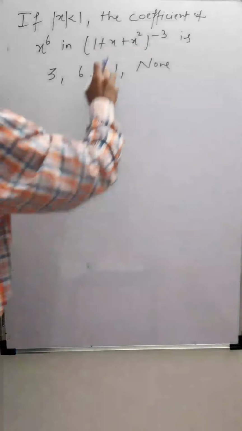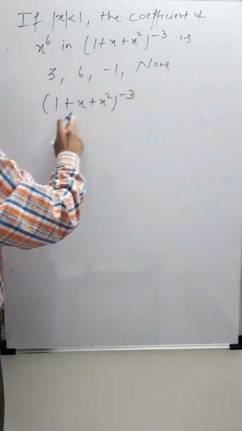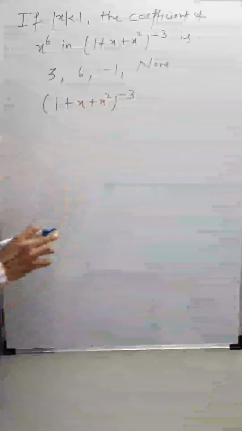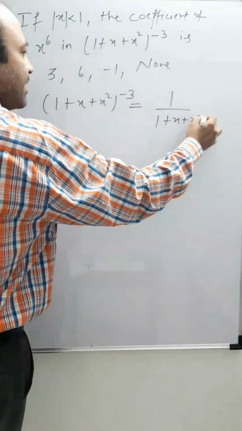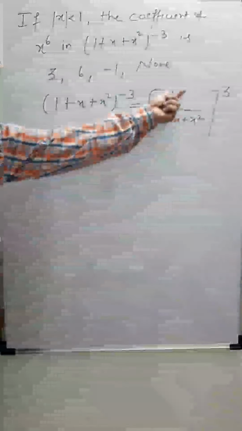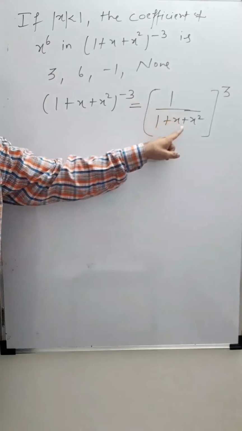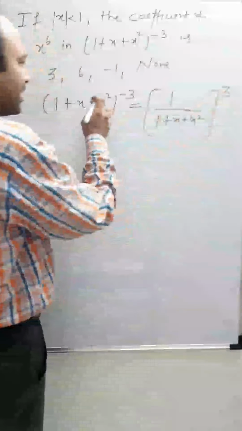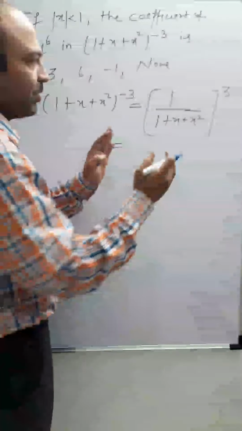Idea. So look at this expansion, (1 plus x square) to the power minus 3. Now see, there is no dot dot. It's not an infininomial, but the power is negative. So what can we write for this? 1 upon (1 plus x square) to the power 3. Can we write? Suppose if you take it to the numerator, it becomes minus 3. So this minus 3, (1 plus x square) whole to the power 3, can we write? Fine, minus 3 becomes plus, so this will be flipped. Now we will try to simplify this.